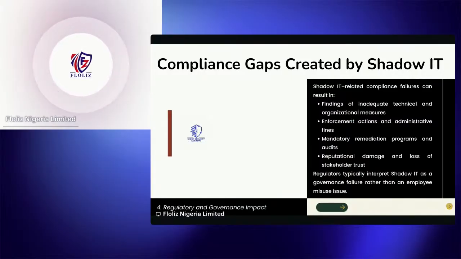So when we look at shadow IT, enforcing any administrative action will be very impossible. This can lead to reputational damage, and customer trust will also be affected, because if customers complain they are getting unsolicited emails and your IT team have no control to detect where that is coming from or stop it from reoccurring, that is going to be a governance failure on the part of your organization.